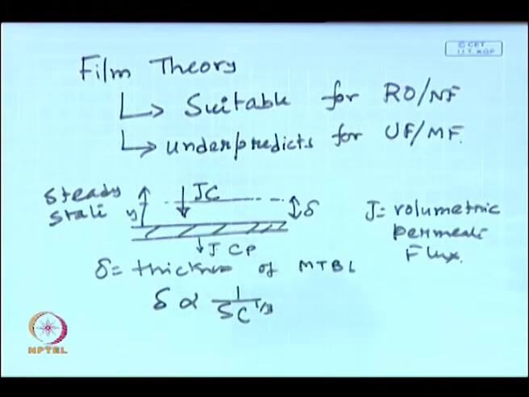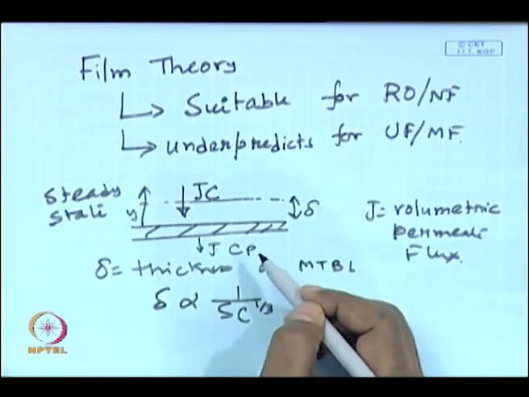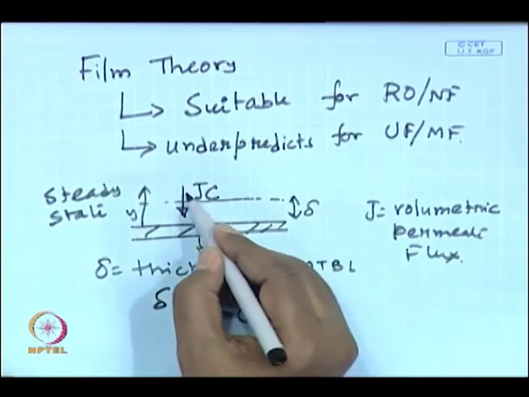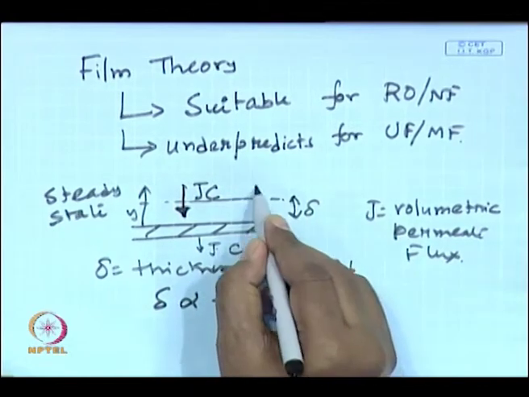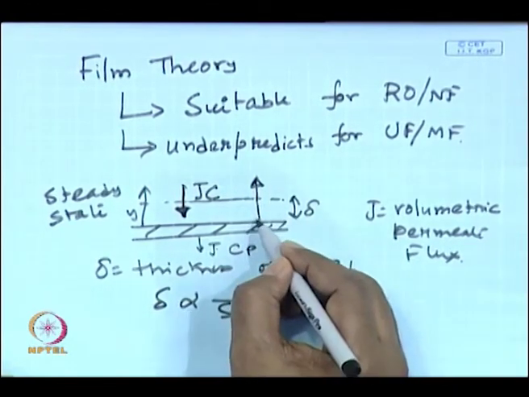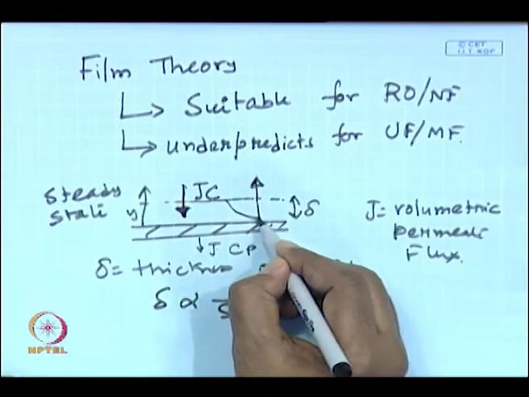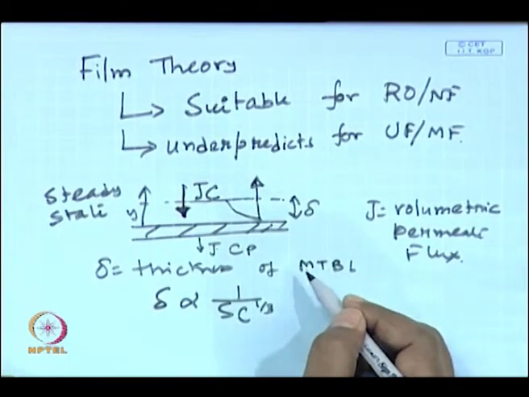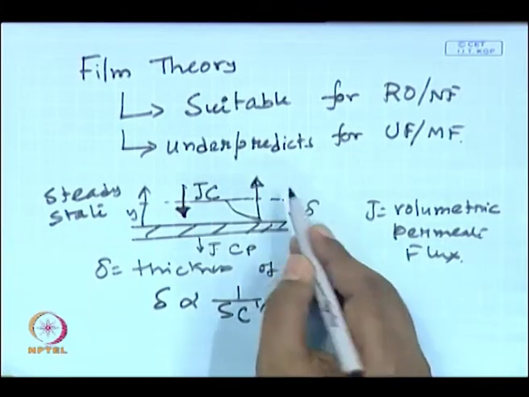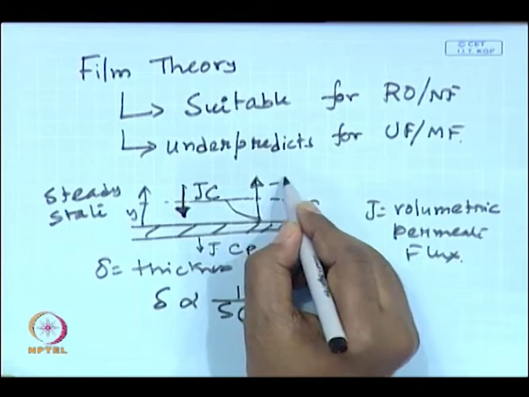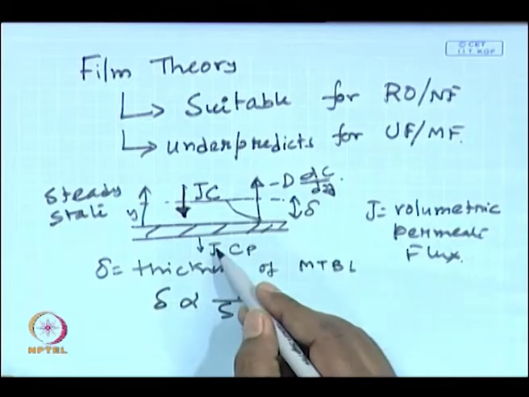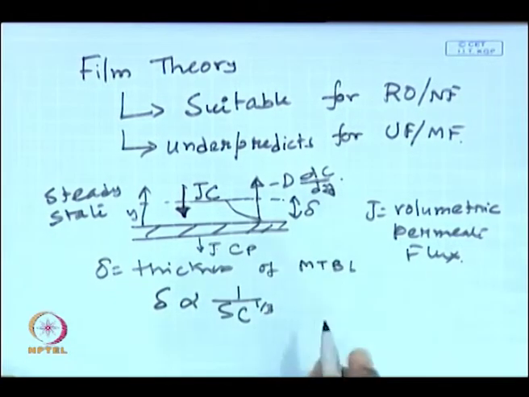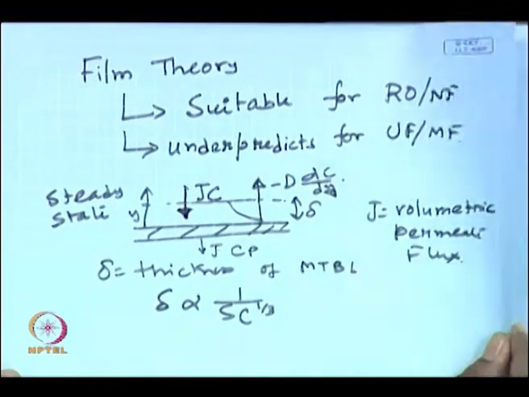Okay. So let us identify the various fluxes at the steady state towards the membrane. One is the convective flux of the solute towards the membrane because of the pressure gradient. Another is the diffusive flux away from the membrane, because the membrane surface concentration will be higher because of the presence of concentration polarization and the concentration gradient within the boundary layer. There will be backward diffusion from the membrane surface towards the bulk. So this is a Fickian diffusion, minus D dC/dy, and a convective flux in the permeate side. So there will be 3 fluxes present, and we will just identify them.